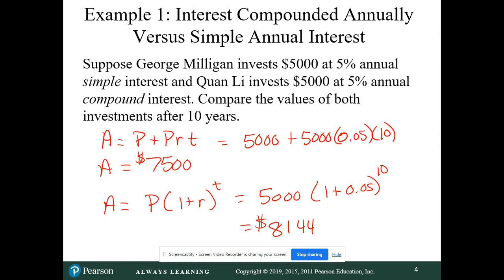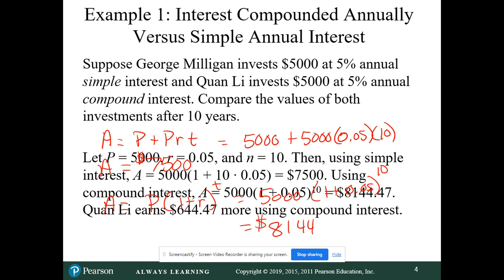About $8,144, a difference of $644 just by the way the interest is taken, simple versus compound. Okay, my numbers match their numbers. Isn't that so nice? Well, not my numbers, his numbers, but whatever, my formulas. So